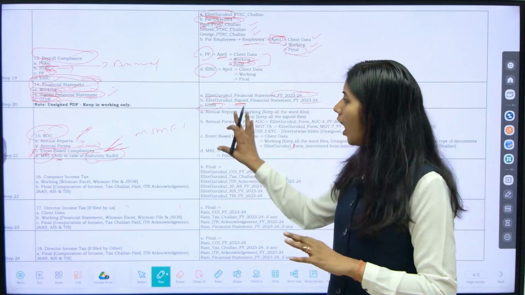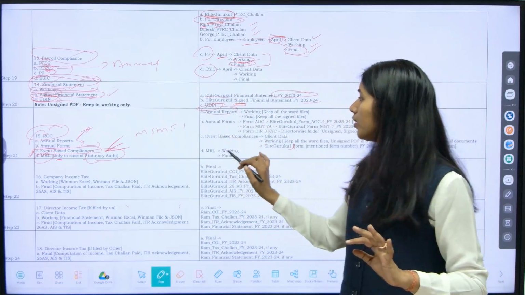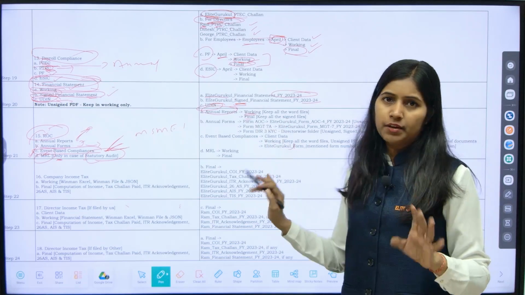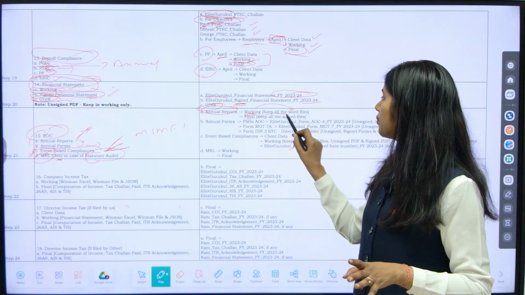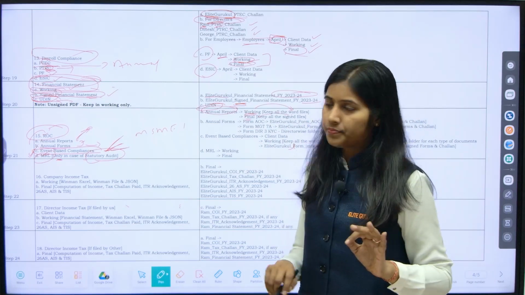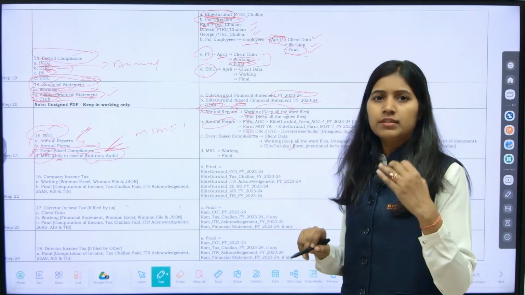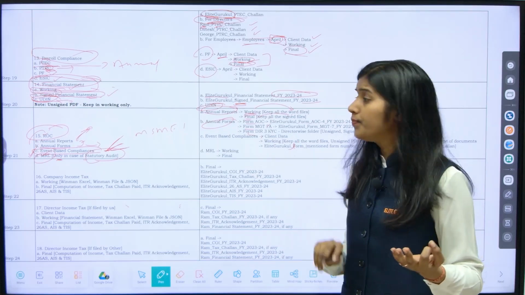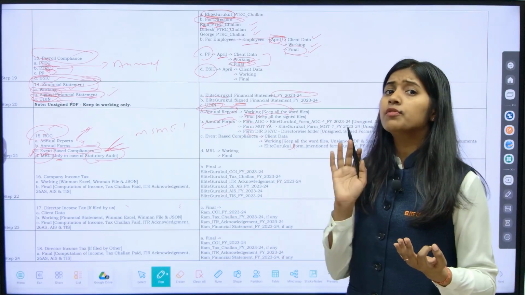And now, how are you supposed to create the folders? Your folder will be annual report. Under annual report, you are supposed to prepare working and final. In working, you are going to keep all the Word files. In final, you are going to keep all the signed files which have been shared by the clients. For annual forms, I said you have to create three folders: AOC4, MGT7, and DIR3 KYC. How are you supposed to name the files, not the folder name but the file?